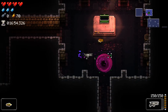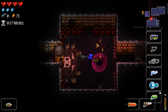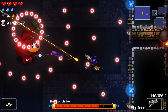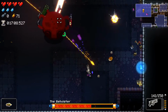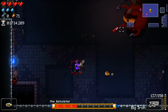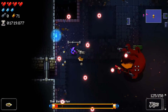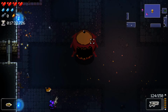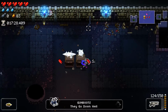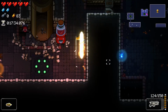We also get Big Iron, which synergizes with Witch Pistol? Yeah. Which is nice, but we're gonna use Glass Cannon against the boss anyways. Well, I was gonna use Glass Cannon, but I actually think it's probably in our best interest to use the Big Iron mostly, because we gotta be able to destroy those missiles when they come out. So we'll just use this. It's basically a big shotgun that does a lot of damage, so I'm not gonna complain about that. We get gun boots. It's not very good, although they do synergize with the...